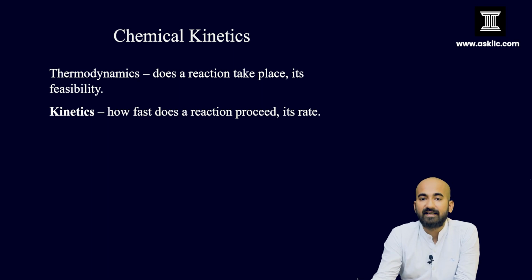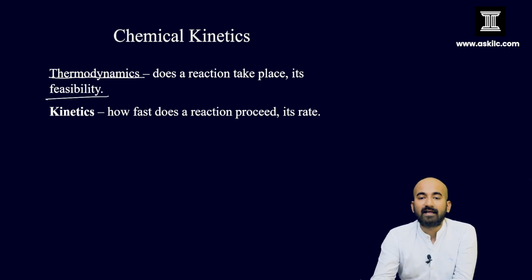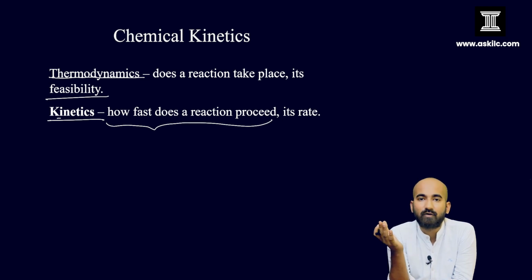Okay, so the same thing is written here as I have already explained to you. Thermodynamics tells you about the feasibility of a reaction, whether the reaction will happen or not, and kinetics tells you how fast a reaction is or, vice versa, how slow a reaction is. Meaning a reaction may be thermodynamically feasible, with delta G, the Gibbs free energy change, negative, but still you will not see that reaction happening. In 12th there is a chapter ahead, electrochemistry, where we will see an application of this particular concept, that is speed of reaction versus its feasibility in play.